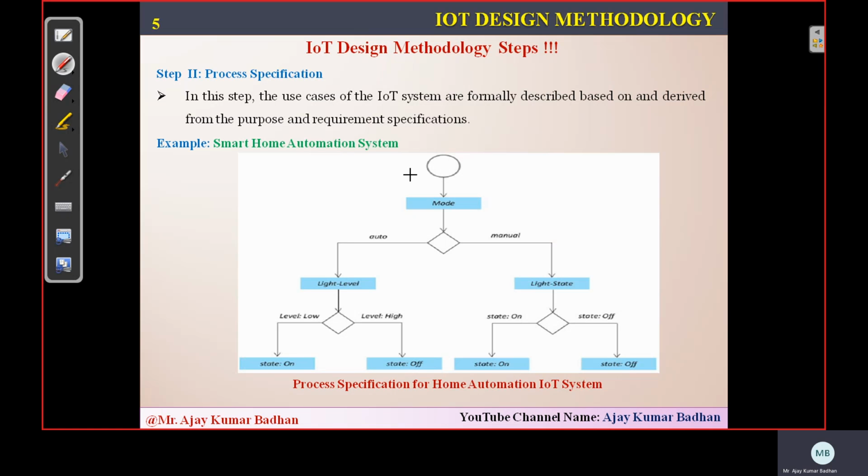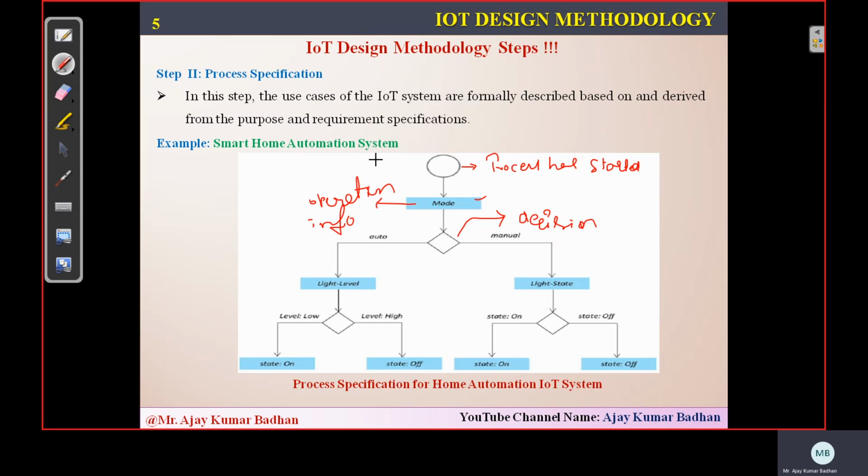If you can see here, this is the diagram related to your home automation system. First, this is a circle. This circle indicates that the process has started. And what about this diamond? This diamond represents a decision, so whenever the system has to take some decision, we use this symbol. And this rectangle represents an operation that is performed, or some information that needs to be provided.